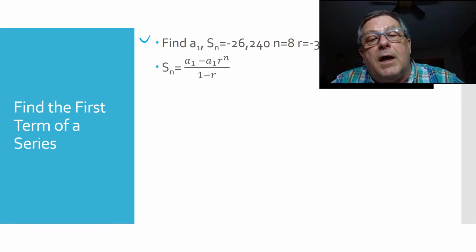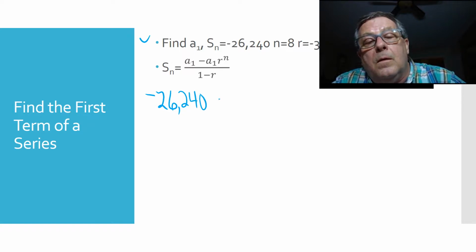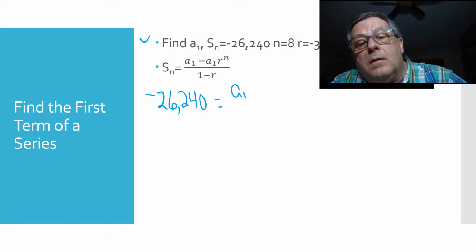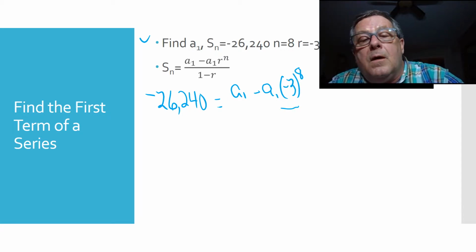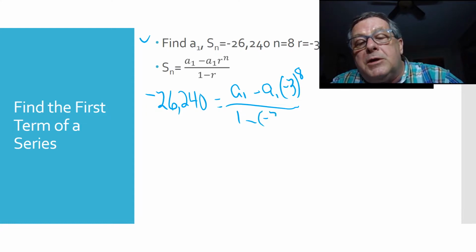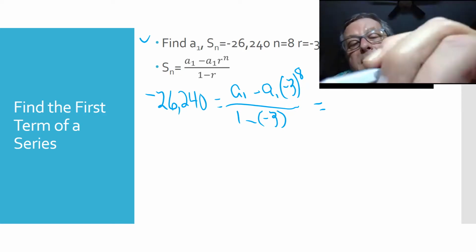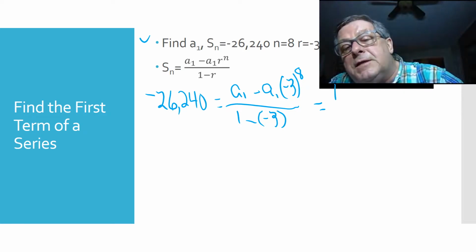So Sn, we got negative 26,240 equals A1, which is what we're going to find, A1 minus A1 times negative 3 raised to the power of 8 over 1 minus our common ratio of negative 3. Okay, so let's think about this A1. We can think of this as 1A1